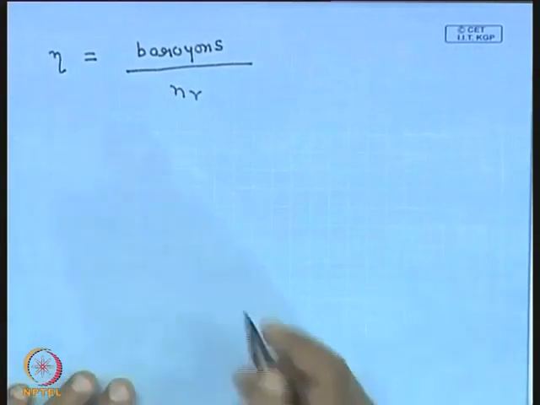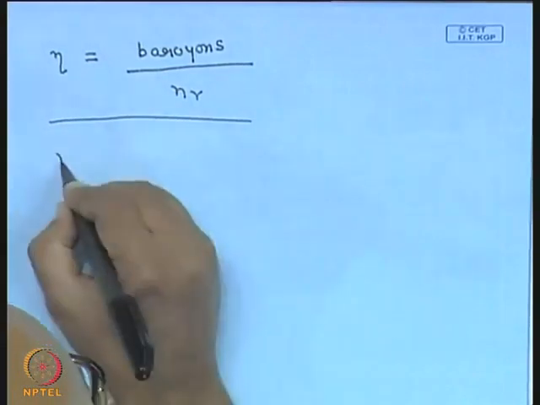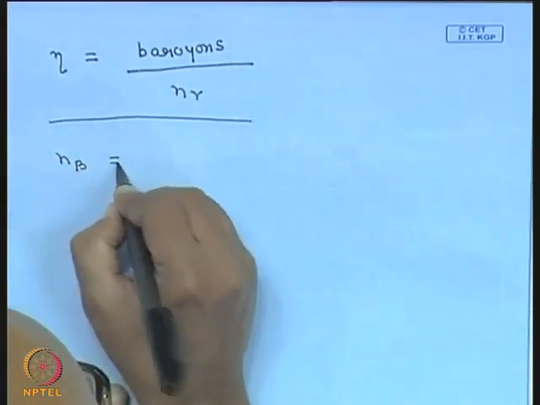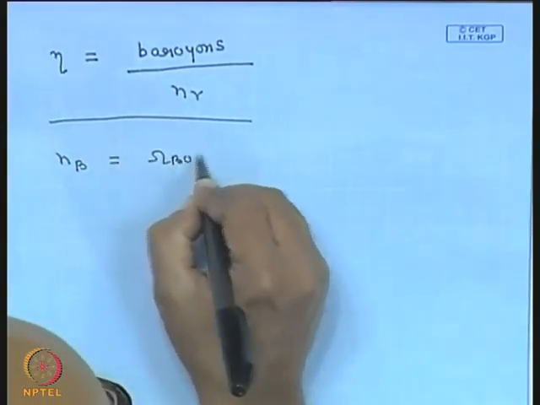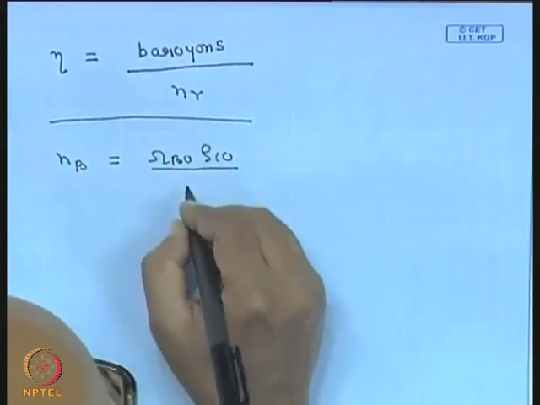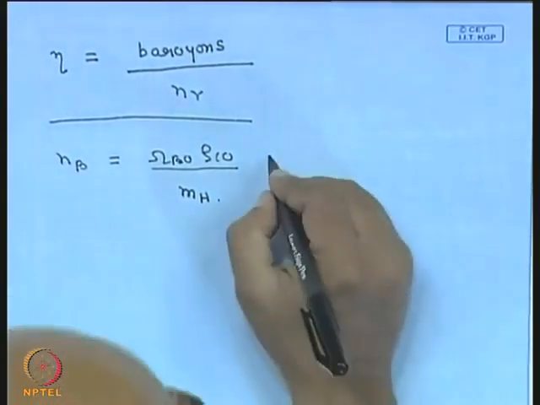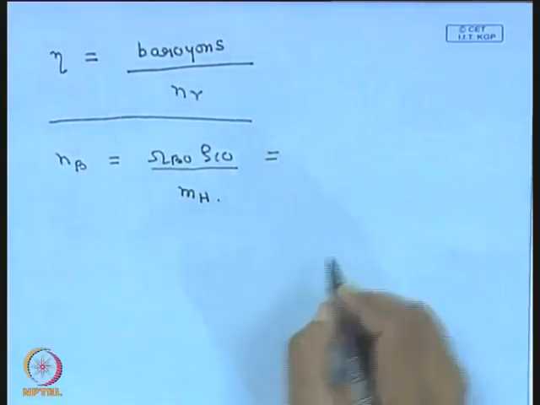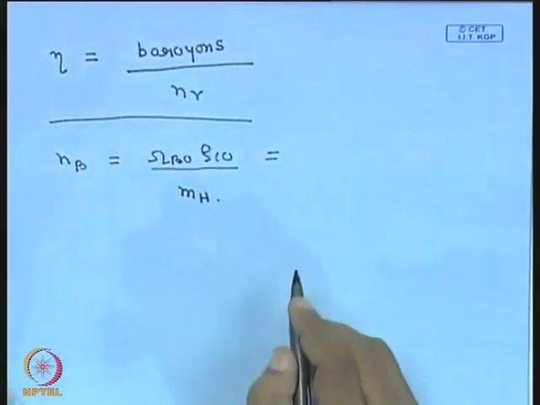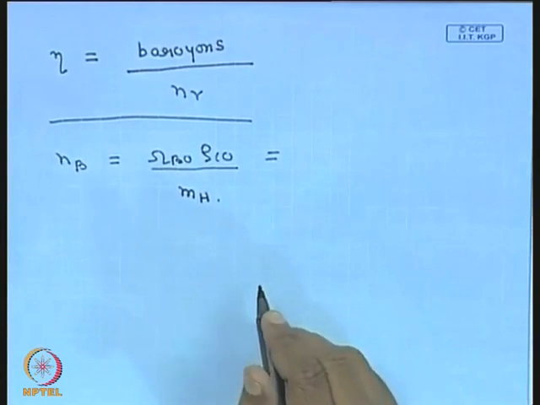We already know how to calculate the number density of baryons: Omega baryon naught rho critical naught by m_H, the mass of a hydrogen atom, the mass of a proton. If you put in the values, this turns out to be 1.24